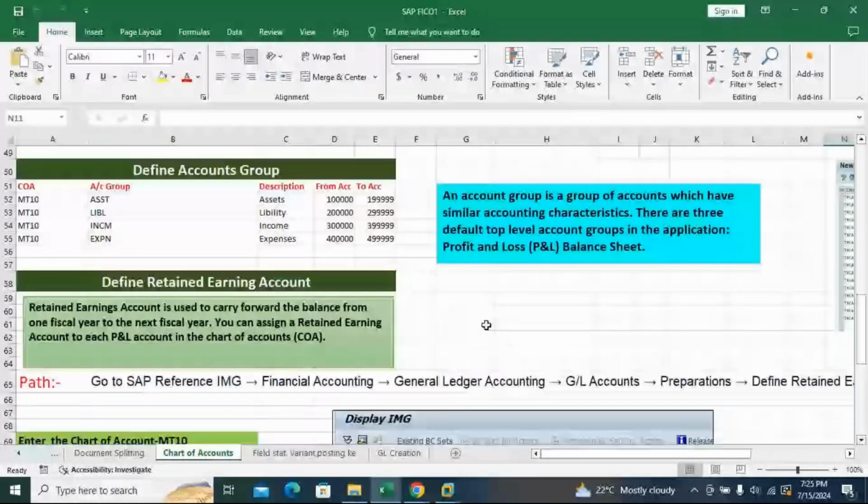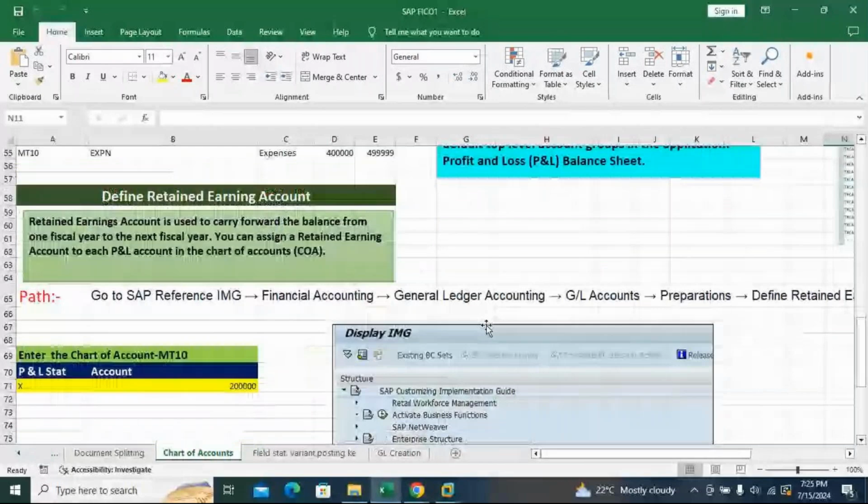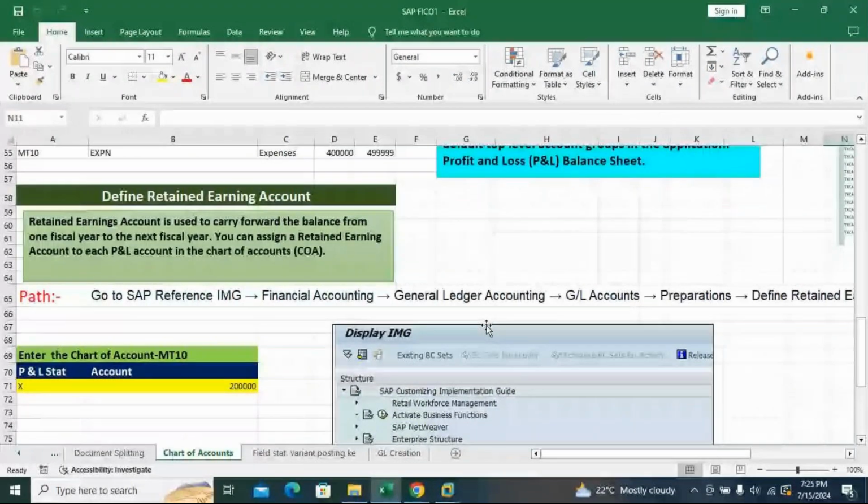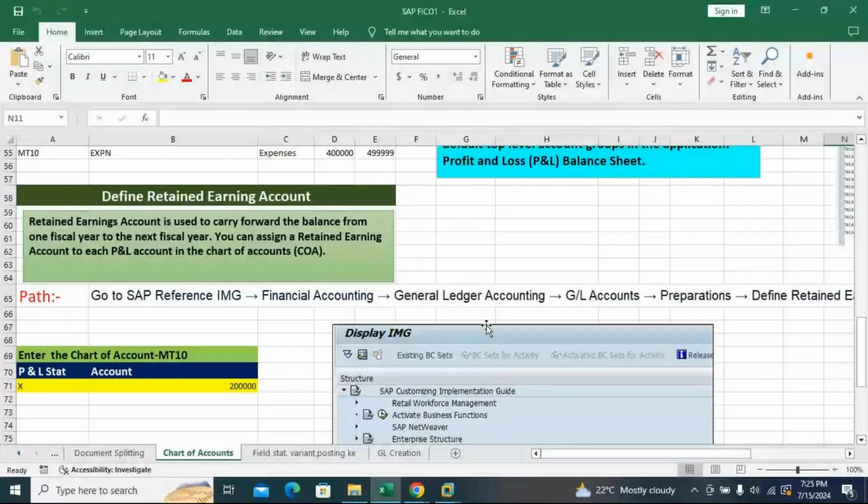Retained earnings account is used to carry forward the balance from one fiscal year to next fiscal year. You can assign a retained earnings account to PL account. As I told last class, we have to give X that belongs to the profit and loss accounts. So how to go to the retained earnings? Carry forward balance means last year closing balance we have to go to the next year. Understanding? Just like in accounts also you are doing, last year closing balance can be the opening balance of the next year. For that we are using retained earnings account.